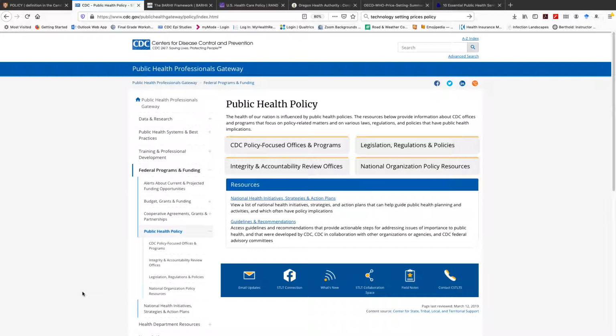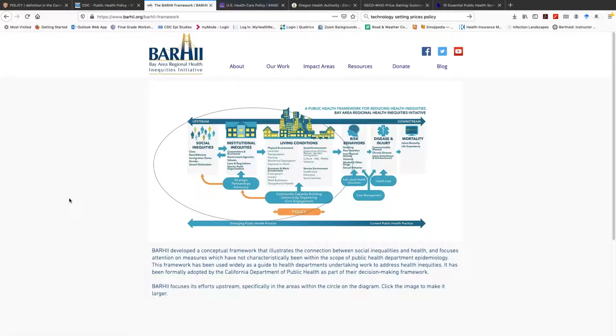Now, within the framework of health and social justice, and I'm just going to focus in on this class here, we look at health conditions, and then we look at policy, living conditions, inequities, and social inequities, and we think about what are the things that we could do, policies that can affect living conditions. So for example, when we talk about diabetes type 2, we really focused in on how living conditions can impact that. So a policy that can affect a living condition could be regulating that more grocery stores go into certain areas, or creating policies that address the lack of distribution of funds for transportation for that area,